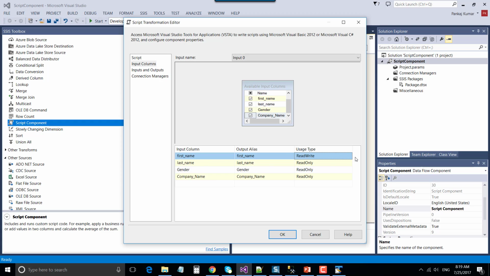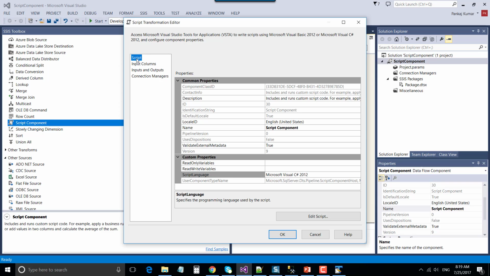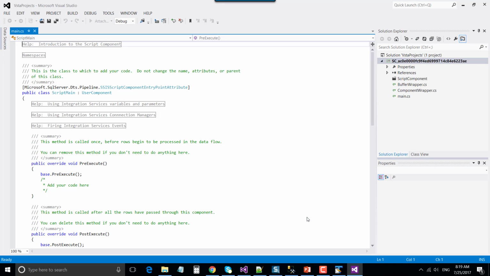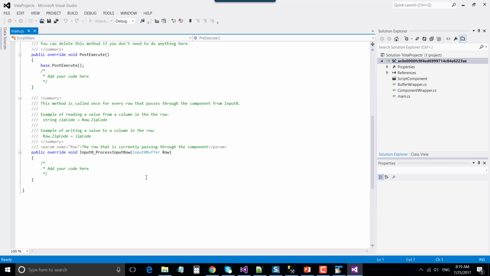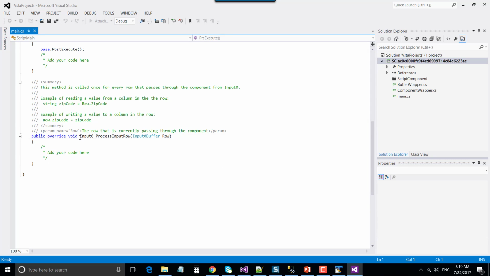So let me just change FirstName to read write, as I want to trim the values in the first name. I just want to show you that if you are going to modify the value of the first name, then you need to change it to read write. Now click on Script and click Edit Script, so that you can write your own custom script inside the script component. You need to come to Input0_ProcessInputRow, and you need to add